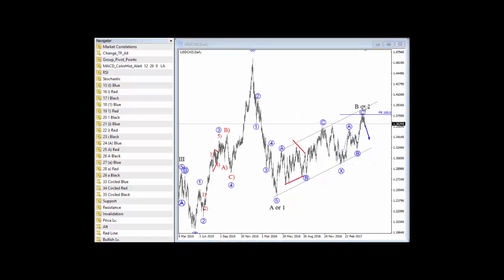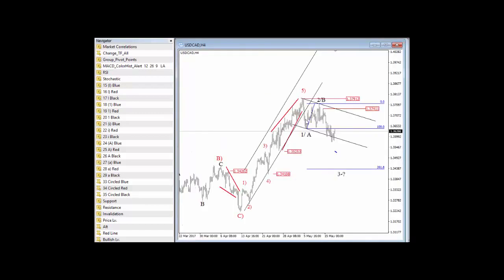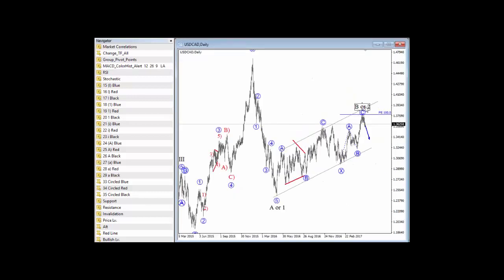But before we may call a top in place of wave B or wave 2, we definitely need the 5 waves of decline. Now, unfortunately, that's still not the case here. On the 4-hour chart, we have been looking for this reversal down in 3 waves, as you know, and we are now testing the lower trend line of this current channel. So if these trend lines stay in place and we see a reversal back towards the upper side, then this would be a confirmation that this was just a temporary pullback and that we are going to a new high, which means higher levels in wave B or wave 2, which could then even test this upper parallel trend line.